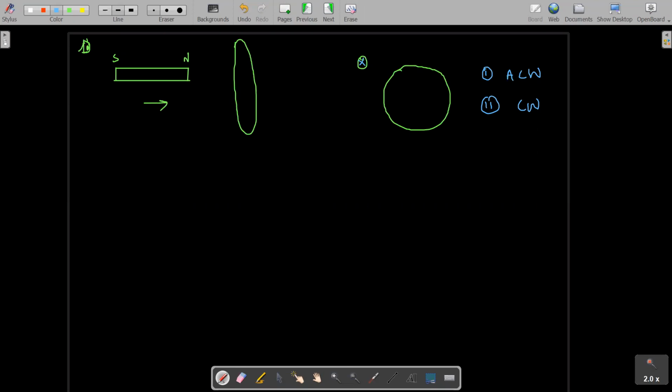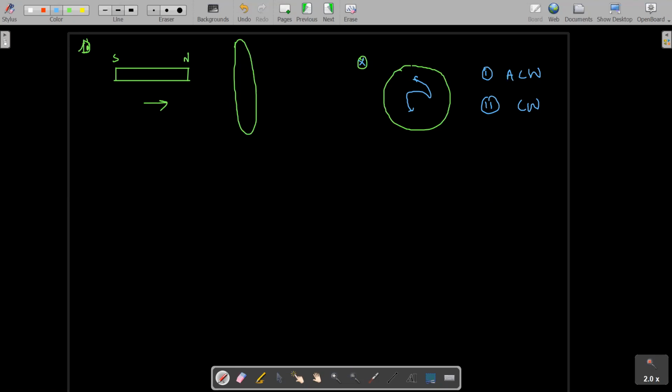So if this North Pole is going towards this loop, what does this loop want? This loop wants that this magnet should not move inside. So this loop will repel, and will try to act as North Pole, right? So for North Pole, yes, this is North Pole. Right. Are you getting my point, students? This is the North Pole.